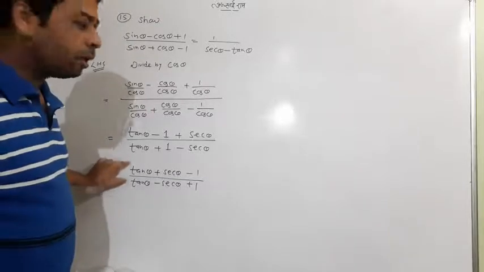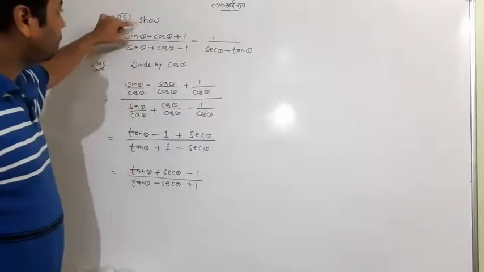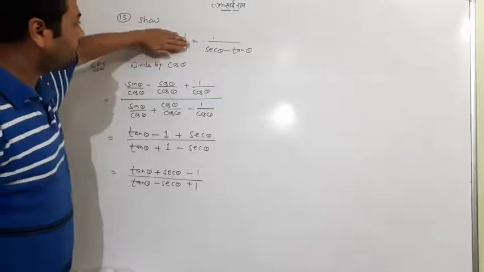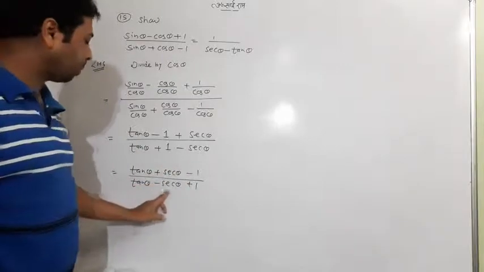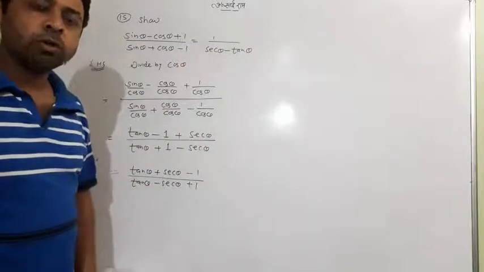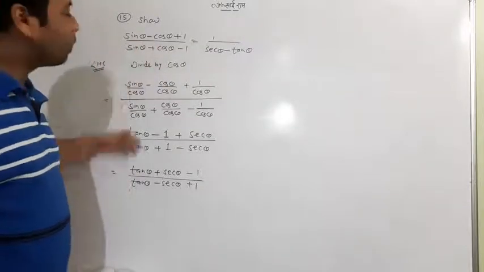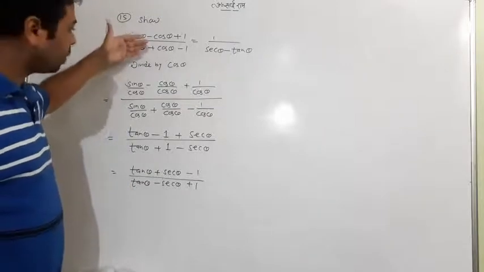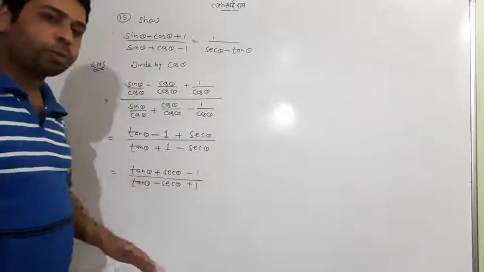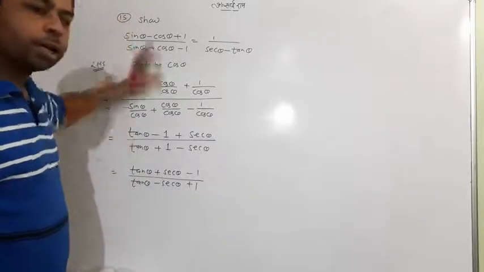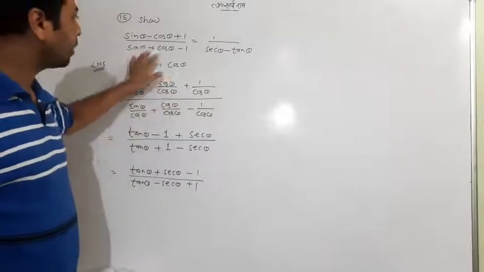In the exam, instead of that, this may come. Meaning, show that will not come, instead it will come like: show that tan theta plus sec theta minus 1 upon tan theta minus sec theta plus 1 is equal to this. So it should be in your hand, because now actually this and this are the same. When this comes in the exam, you have to first do all the work and reach till here and then go forward. If the direct form comes, it is profitable to you, and that time we need not do all the work. But this time the term was in sine and cos, so we have done till here.